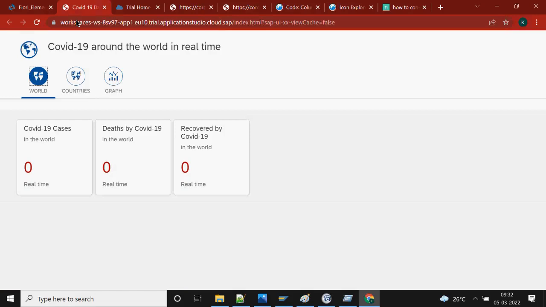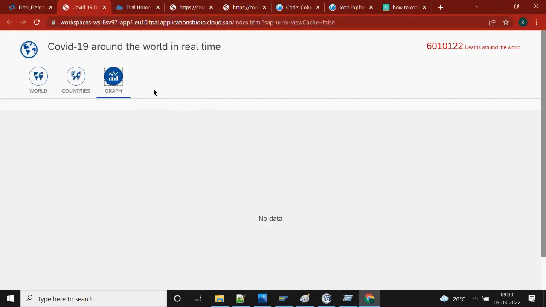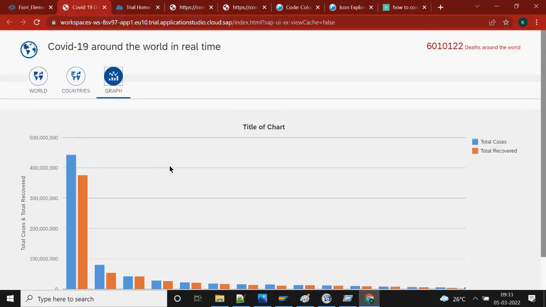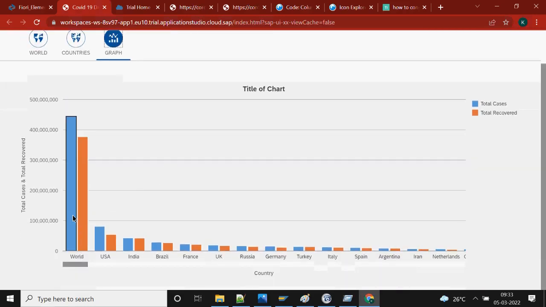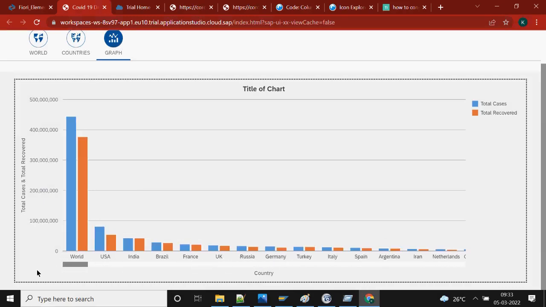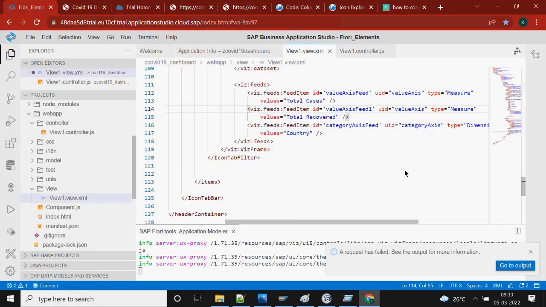Yeah. So now let's see. Okay. So let's see the graph. Yeah. So we got the graph with some values. Earlier it was showing nothing, no values. You can see all the graphs are coming according to the values, and it is showing here. India, these are the cases. This is USA cases, France cases, UK. Now if you just see the magic,